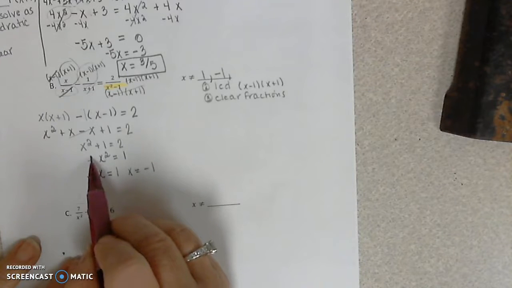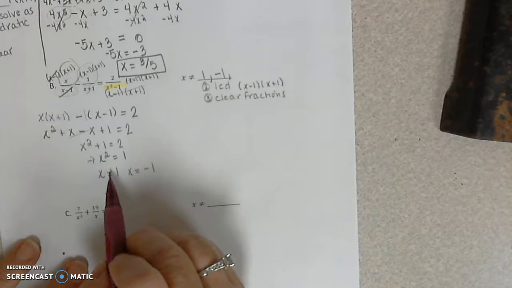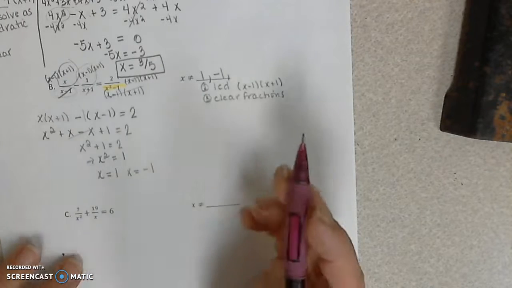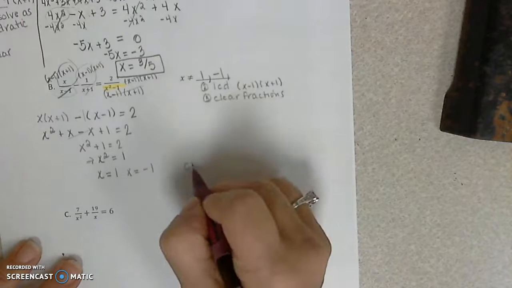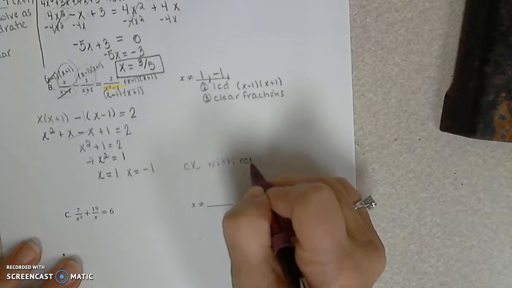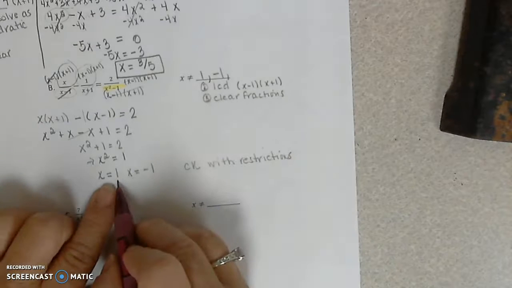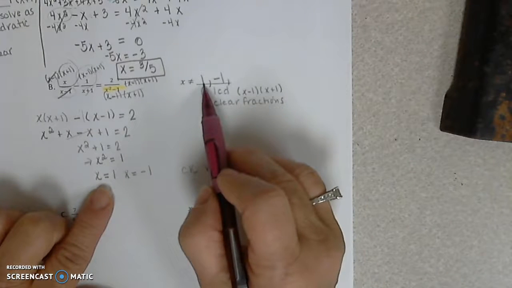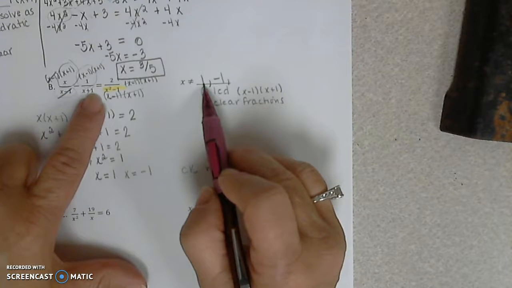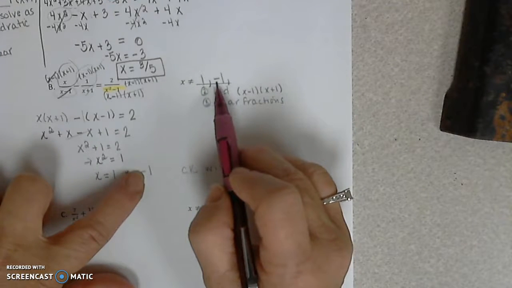This is a quadratic. So instead of moving 1 over and factoring difference of 2 squares, I chose to just take the square root of each side. But you have to check with restrictions. Don't forget that step. Because this says that x is 1. Well, we set the restriction that x can't be 1. Because if it were, it would make this not make sense or undefined. Negative 1 is also